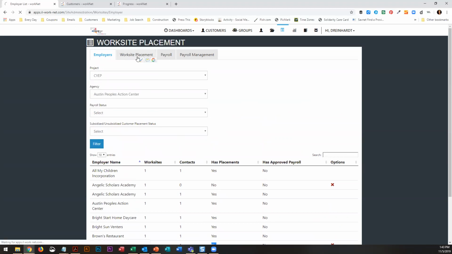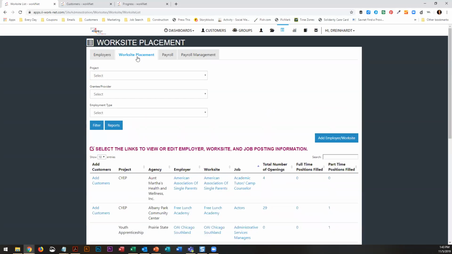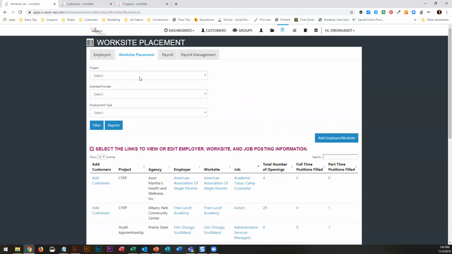Now, under worksite placement, if you want to change the number of openings, I know one of the questions that I got during the week was about a person that had a job that only worked 2 days, but it took one of the placements, one of the total number of openings, and it left it. What that does on your performance is it counts as a placement, but it will not count as the retention part of it. So if you do need to update your numbers, I'm going to go to,